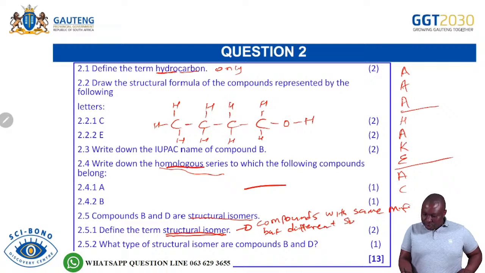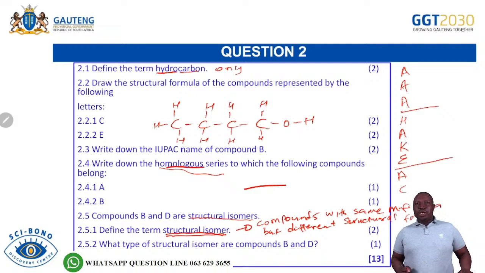So you're able to say, oh, what is the same? Or if you are lazy, you'll just say but different structures. But it's always good to say different structural formula. I hope you are following. So we're saying all isomers have the same molecular formula. So when you see an isomer, the first thing you will write is that these are compounds with the same molecular formula. Then you check what type. The type will tell you what is different. What is different here is the structure, the structural formula. So I hope you have understood that.